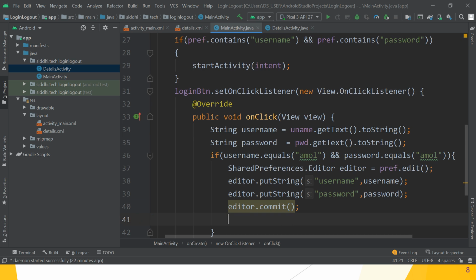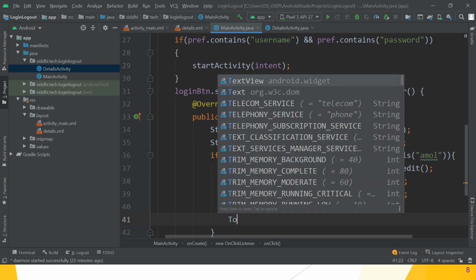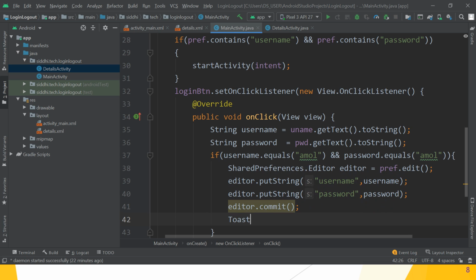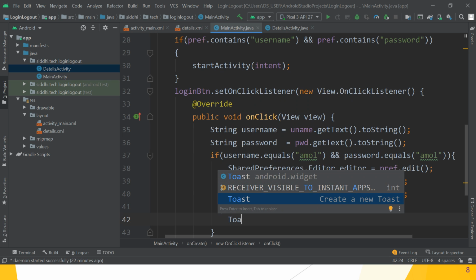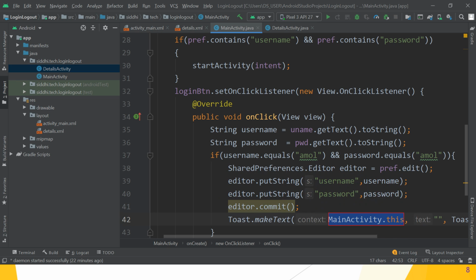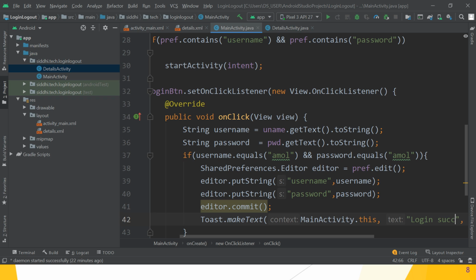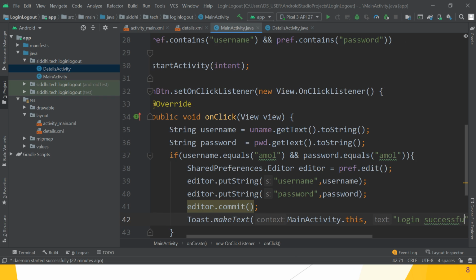And toast the message. What is toast? So toast the message. What is the message we want? That is login successful.